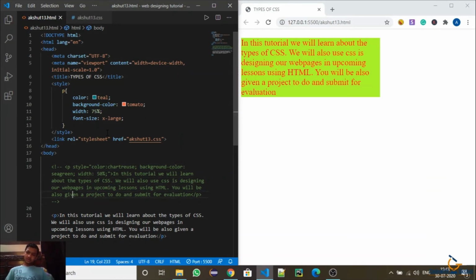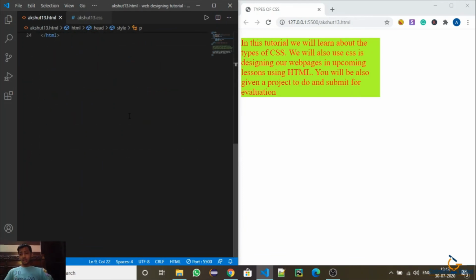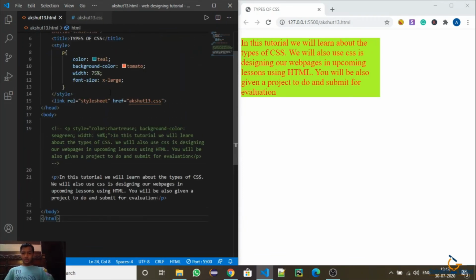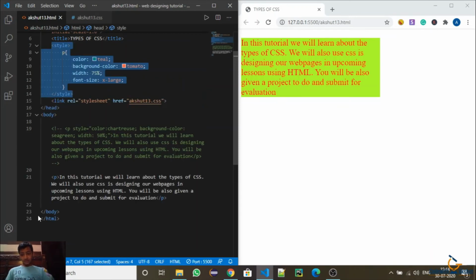The CSS that I prefer most, and also recommend to you, is external CSS, because it keeps our file from getting mixed up with CSS and HTML. If you use it, the CSS will be separate and the HTML will be separate, and the HTML file will not be so lengthy. Like if it is 24 lines, I will remove this, then it is 17 lines of code, but if I put this in, it will be 24 lines of code, 23 actually, because I have linked this.